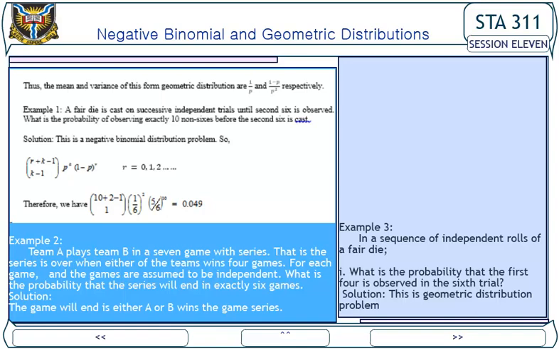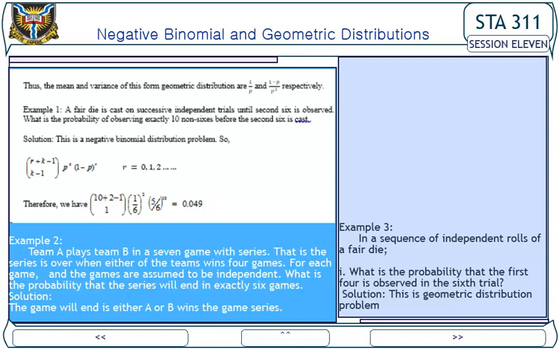Solution. The series will end if either A or B wins the series. Probability of the series ending is equal to probability of A winning the series in 6 games plus probability of B winning the series in 6 games, which is equal to 0.299. Note that the probability of A winning the series in 6 games is equal to the probability of A losing 2 games before 4 wins, which is equal to